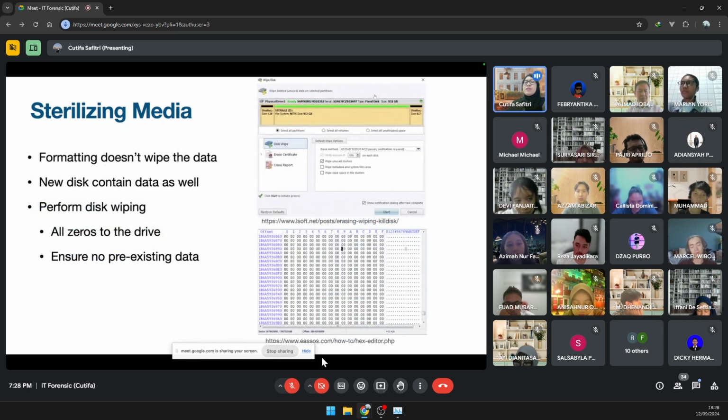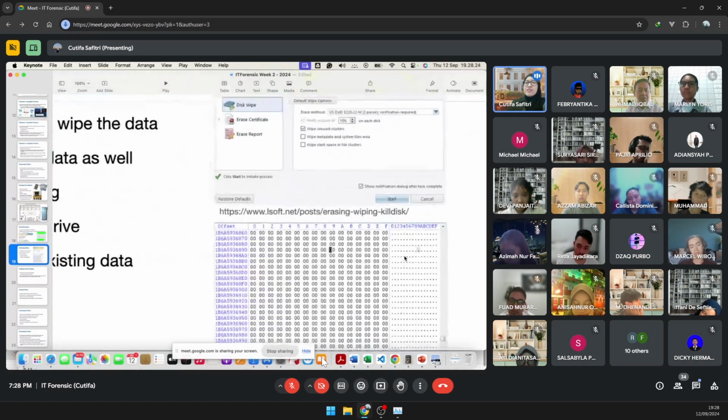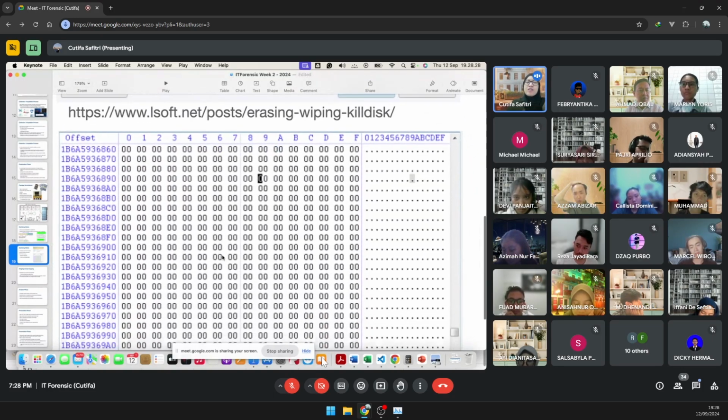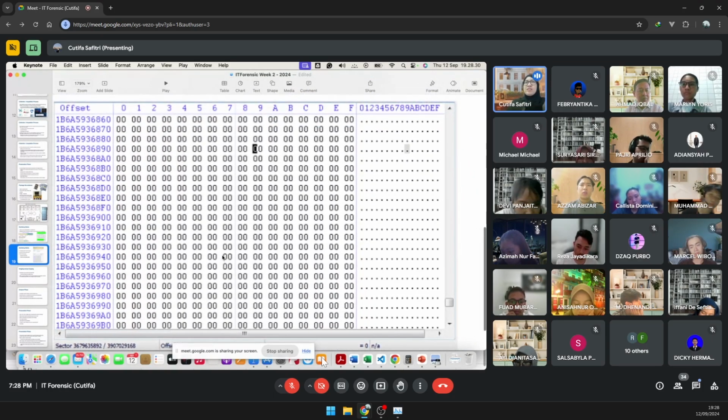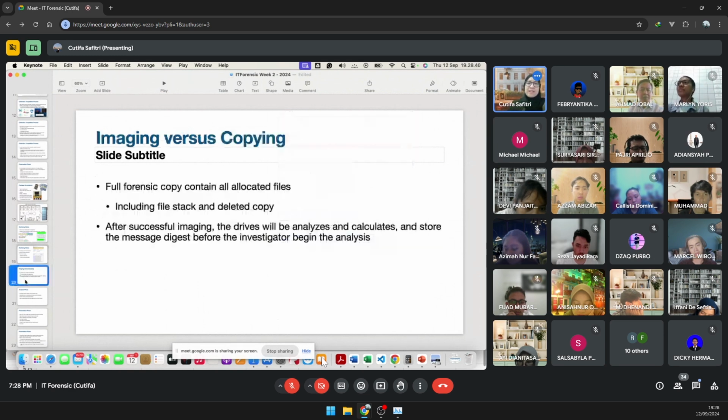So what you do is simply put everything to all zeros. Sterilizing media, the essence is that you just want to make sure that everything in your computer is zeroed. What makes data is the combination of those 0s and 1s, so you want to make it full zero, right?